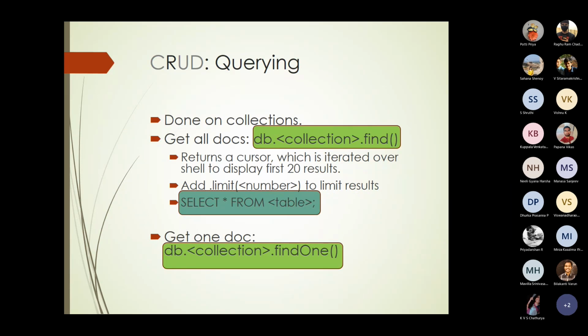If you want to find all the documents, db.collection.find. That will display the first 20 results, and then you can iterate over that.